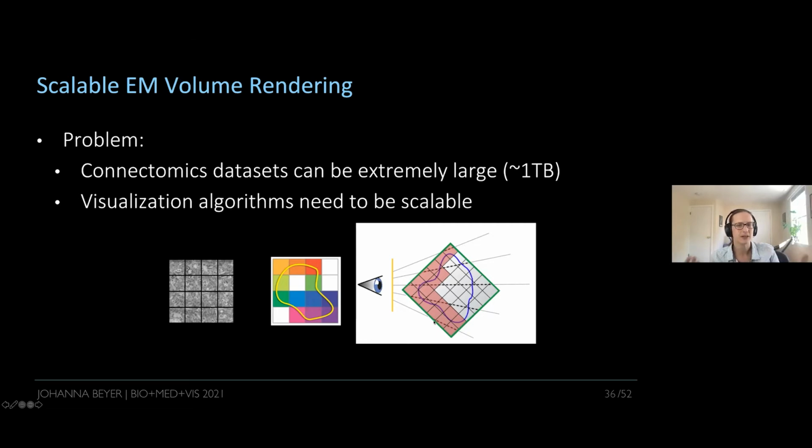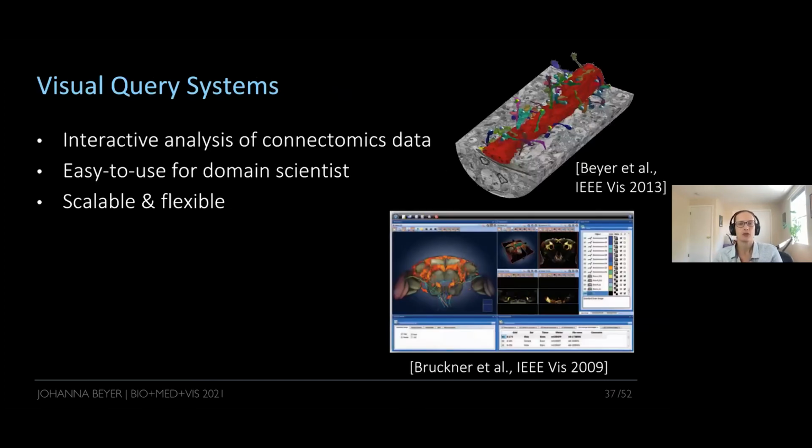So there are a bunch of techniques that help you manage the amount of data you need to load or process, where a lot of research has been done. But let's assume we have figured this all out and we now have volume rendering that is scalable to very large data sets. The next step in Connectomics would be to create visual exploration tools and visual query systems